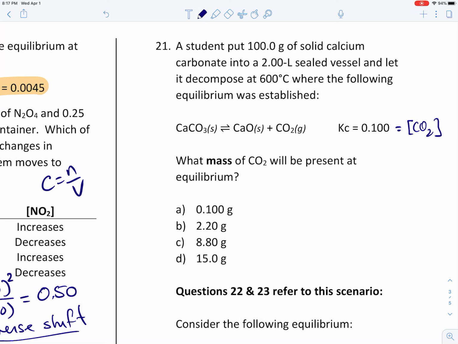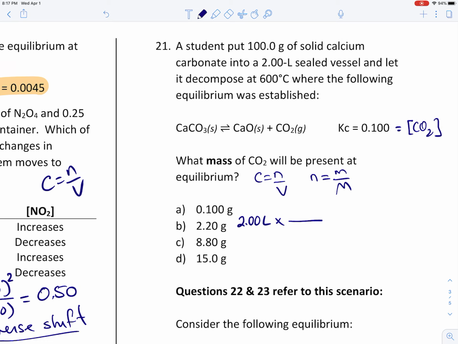So since we know the volume is 2 liters, we can use a couple of unit multipliers, or you could use 2 formulas. You could say C equals N over V, and since we know the concentration of the carbon dioxide and the volume, we could find the moles, and then we can use moles as the mass divided by the molar mass. Since we know the moles and molar mass of carbon dioxide, we can find the mass. Alternatively, we could use a couple of unit multipliers. We'll take the volume,